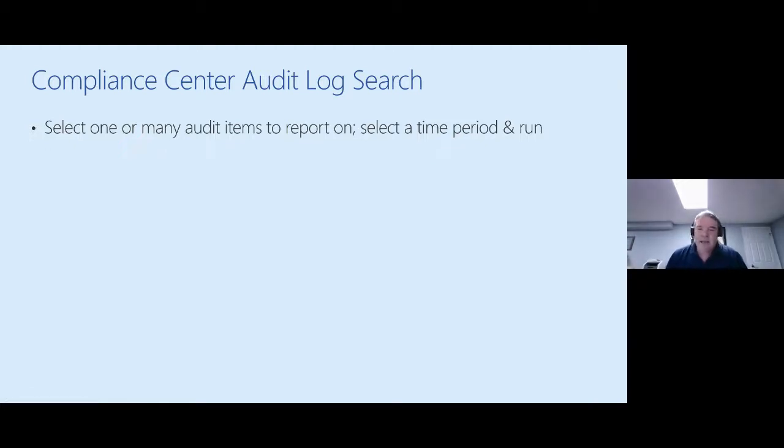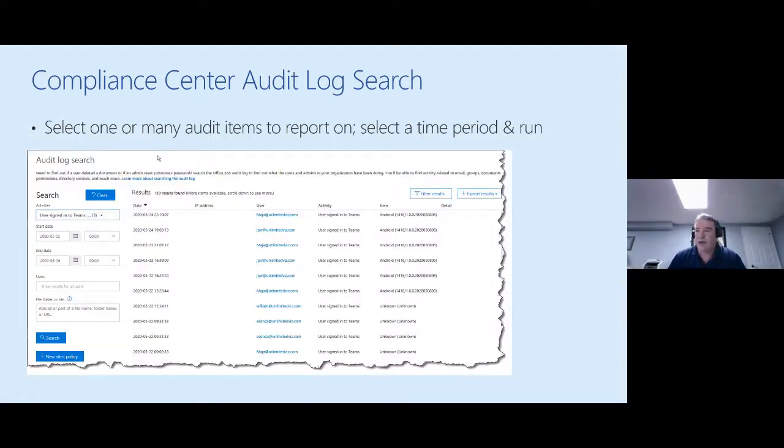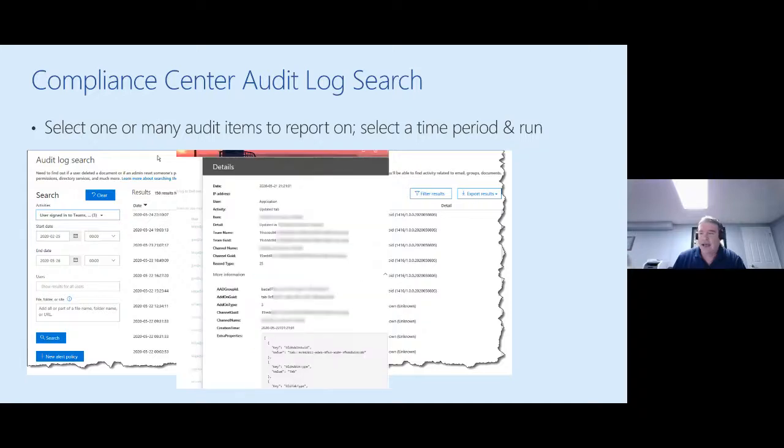So you can select one or many of the audit items, and this would be the output that you would get. Again, I've kind of had to do this to protect the sanctity of our data, but in this case, I've selected 3 different items here. I can see the person has logged in, and the various items, and if there's a device that's known, it will show. And then I can drill down on any one of these items.